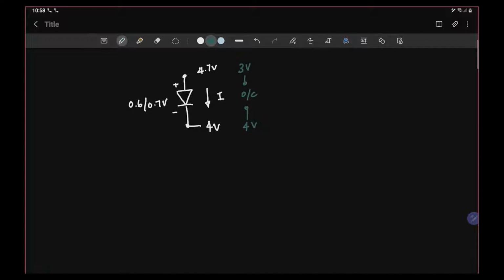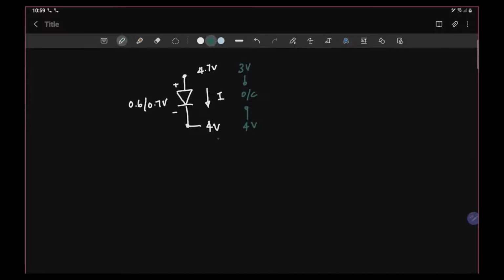So you can think of this diode as a switch, meaning that if I have a voltage on one end higher by 0.7 volts, then my diode switches on, then current flows through it. If the voltage is lower than 0.7 volts of the other end, then the switch is turned off, then current cannot flow. When it's turned on, the voltage drop across the diode is roughly about 0.6 or 0.7, meaning that